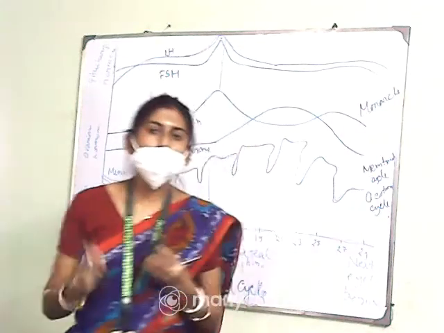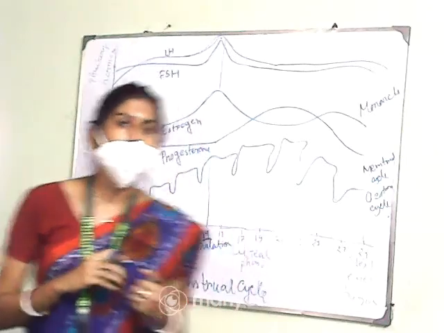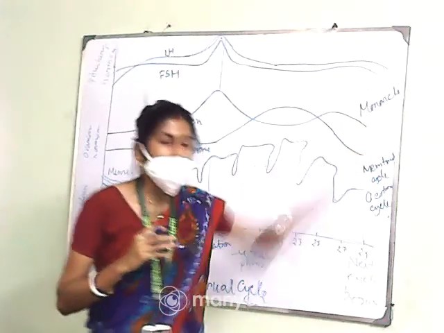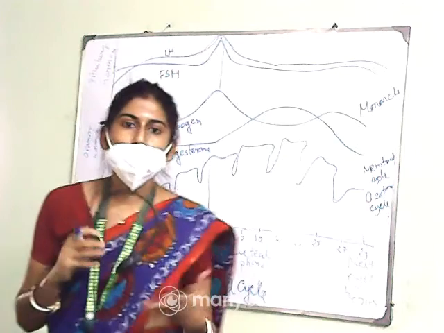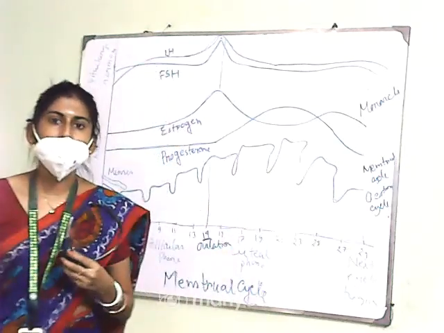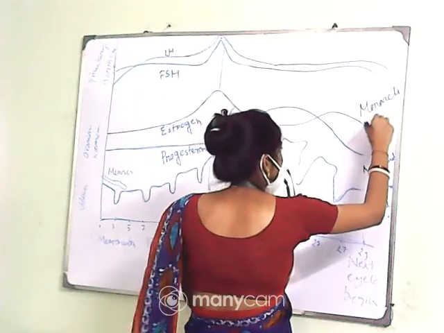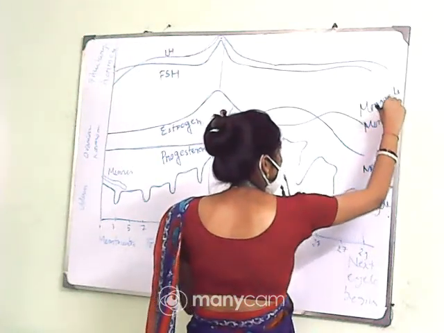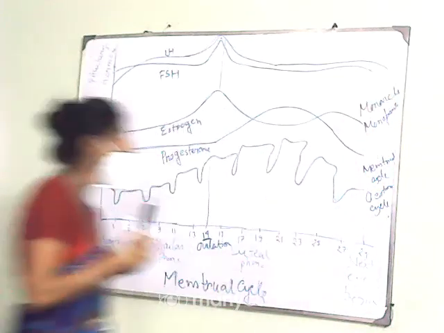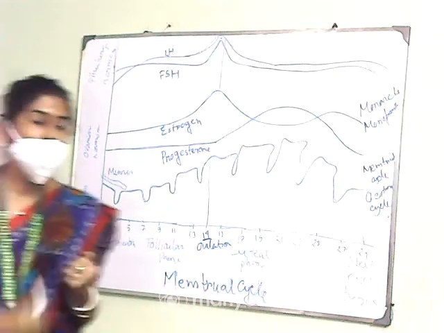Okay, in case of human females, at the age of puberty, the menstrual cycle will start, and it is called menarche. And after the age of 45 to 50, the menstruation will stop. So the permanent stoppage of the menstrual cycle is called menopause. So these are the two different terms used for the starting and stopping of the